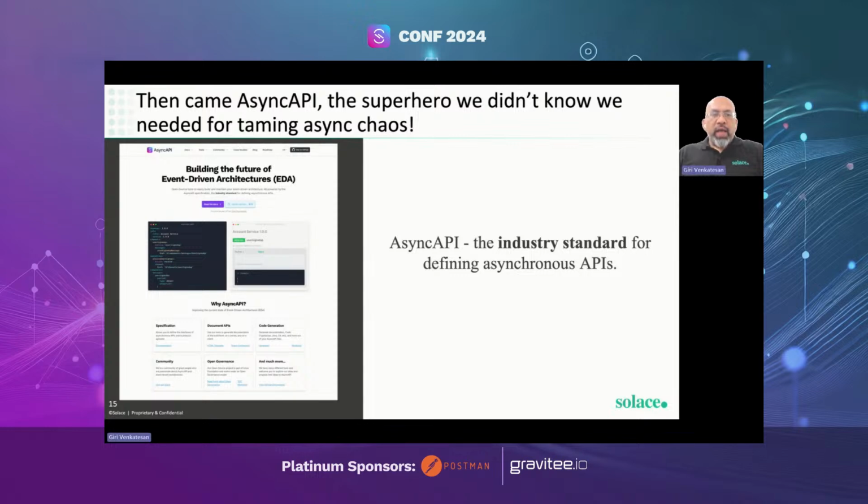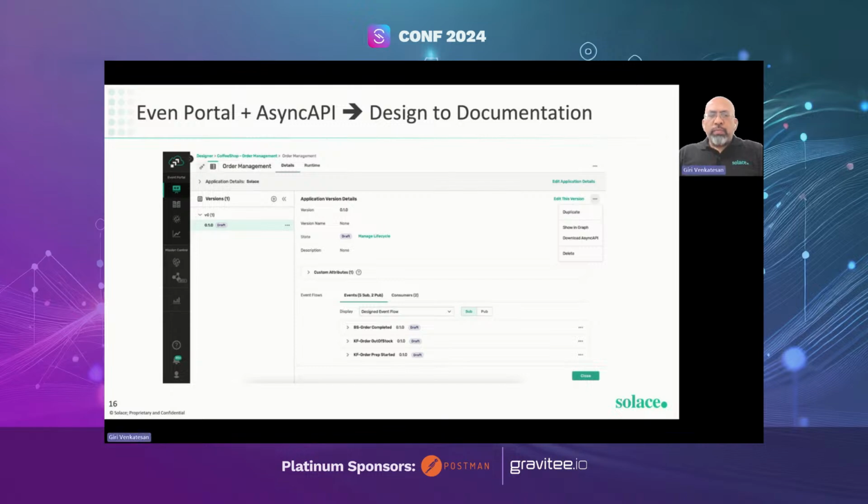Then comes AsyncAPI, the superhero we didn't know we needed for taming this async chaos. Everybody would know, I'm pretty sure, AsyncAPI is the emerging industry standard for defining asynchronous APIs. If you need more information, feel free to check out the AsyncAPI Initiative website, full of beautiful, wonderful content. And with that, let me move to how the Event Portal and AsyncAPI come together to realize this design